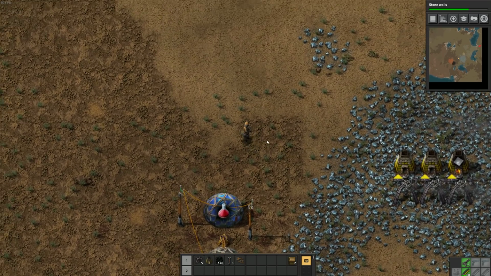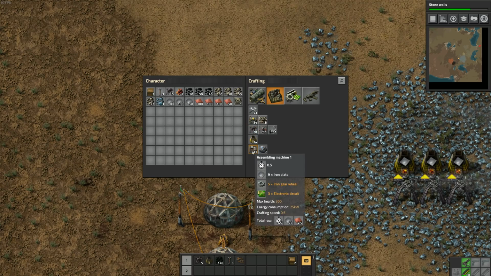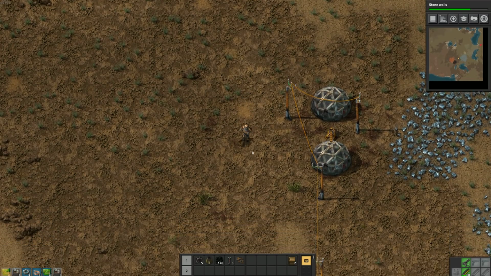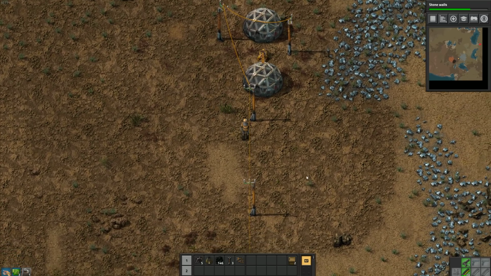So let's do the... Where is it here? Assembly machine. Make a couple of those. And we can kind of automate red science a little bit. It's going to be slightly manual, but...